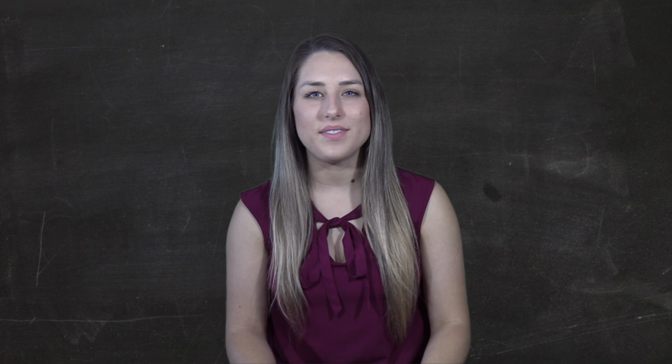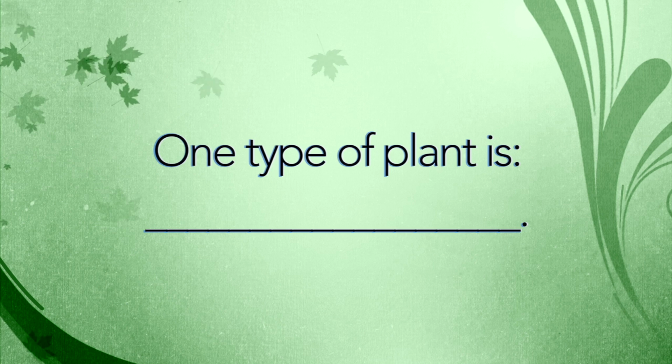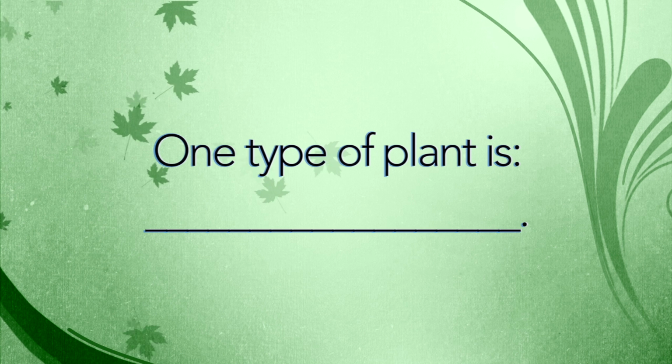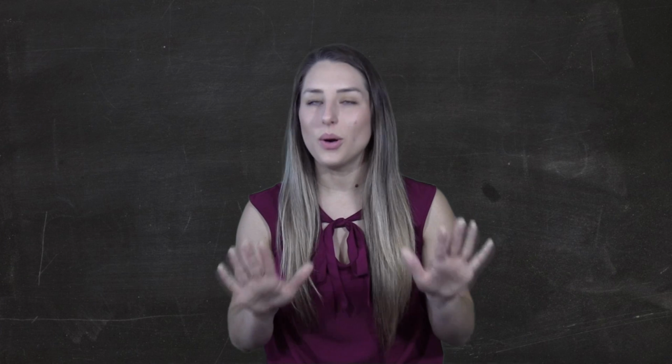Your learning objective this week was, I can sort plants into groups based on their physical characteristics, such as size, color, and leaf shape. Can you name a type of plant right now? Use this sentence stem to share what you've learned. One type of plant is